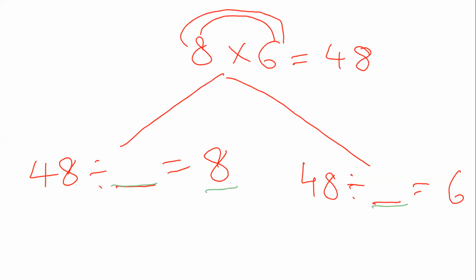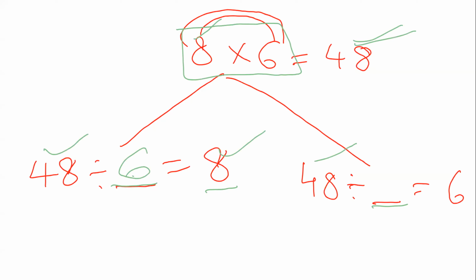Correct. First one, correct. Very good. You will find the answer here itself. You can see the answer in this column itself. 48, we have 48 here, 48 here. 8 is over here, which means what is missing? 6 is missing. So the first blank we are going to write as 6. And in the second, 48, 6, what is missing? 8. So we will write 8 over here. Understood everyone? Any doubt?